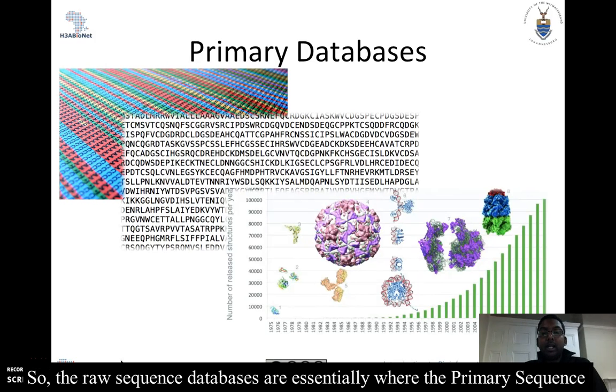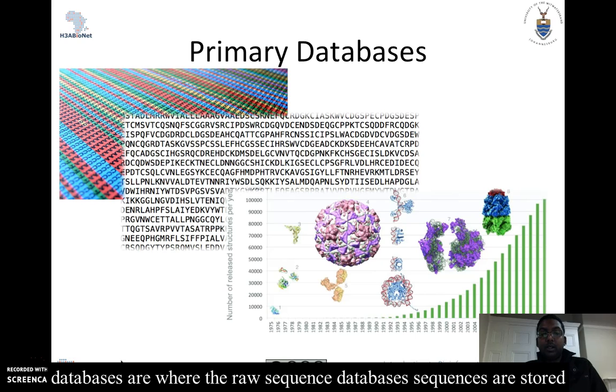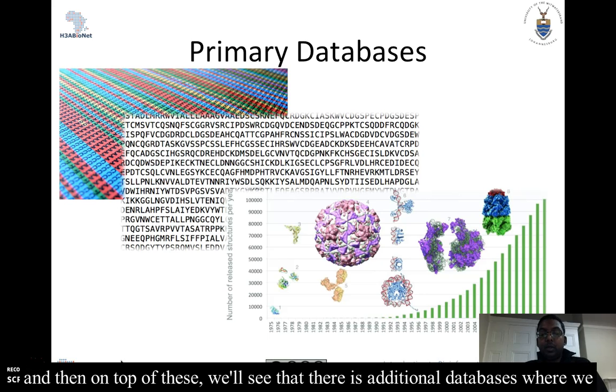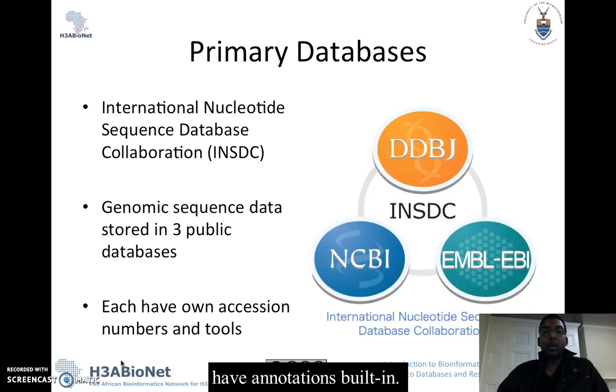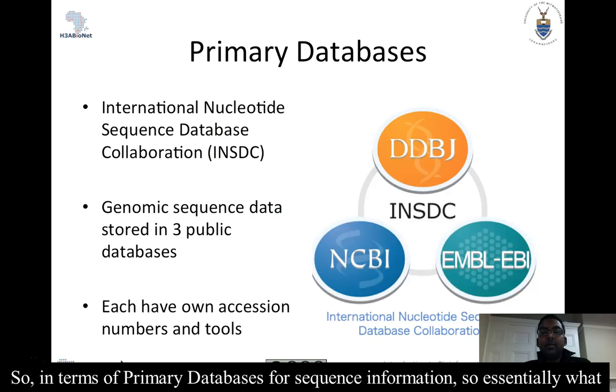So the primary sequence databases are where the raw sequences are stored, and then on top of these, we'll see that there are additional databases where we have annotations built in. So in terms of primary databases for sequence information,